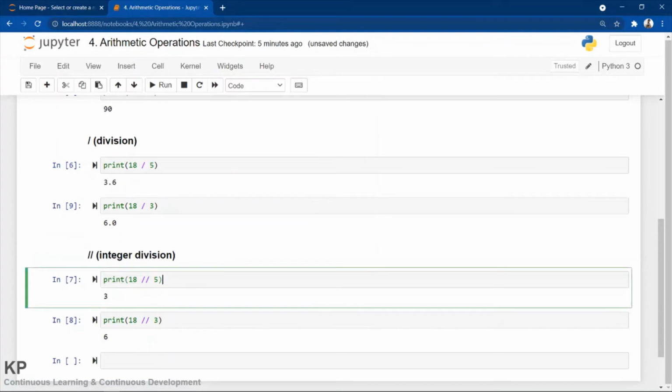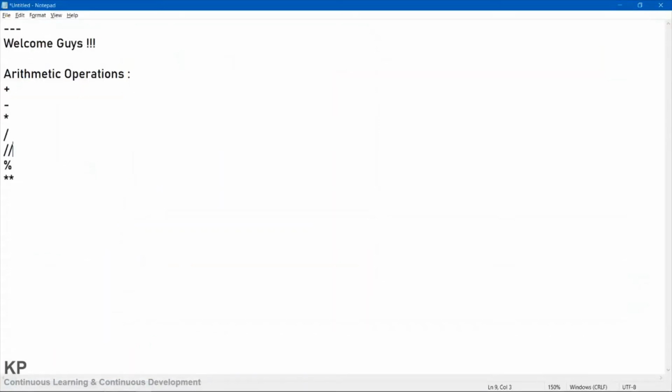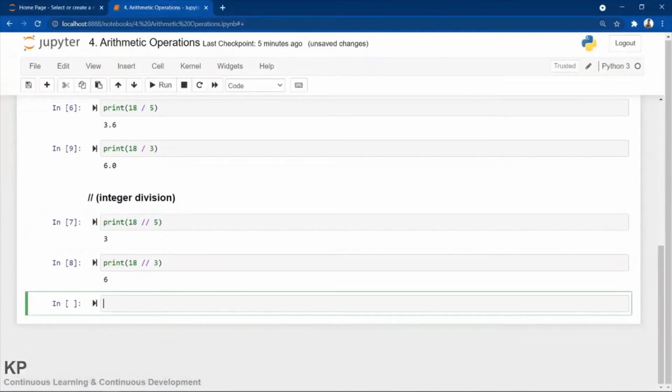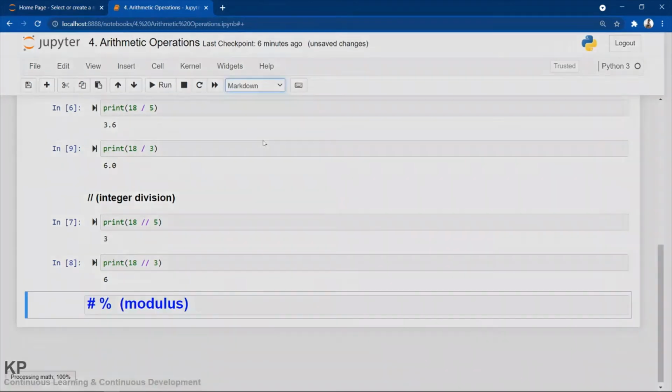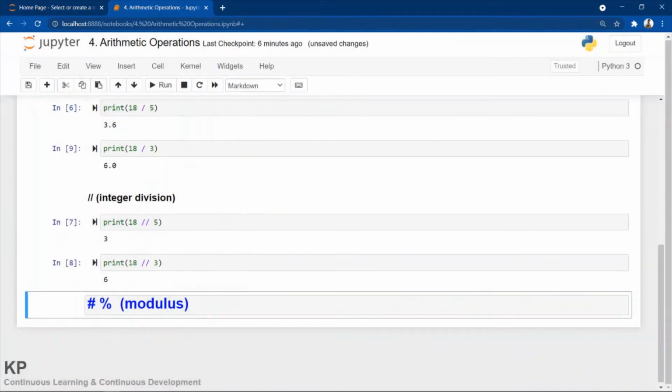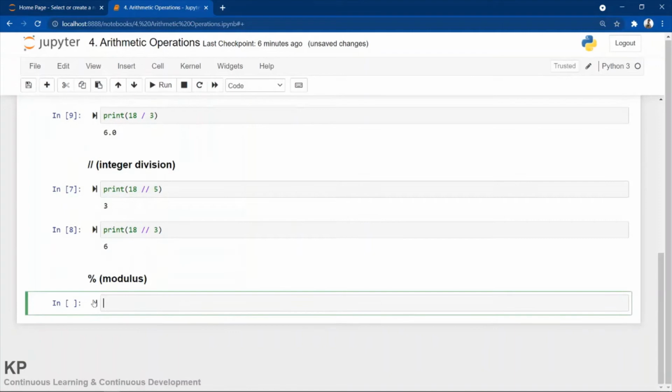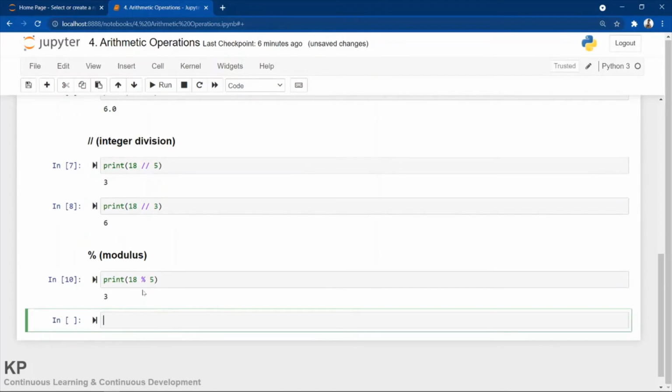Okay, next, what we have seen till now. Then comes modulus. So this is the symbol. I'm writing here modulus, and let me change this to a heading, and put two more hashtags. For example, I'm pasting the same thing, and here I will put percent. If I run shift plus enter, it will give you 3,